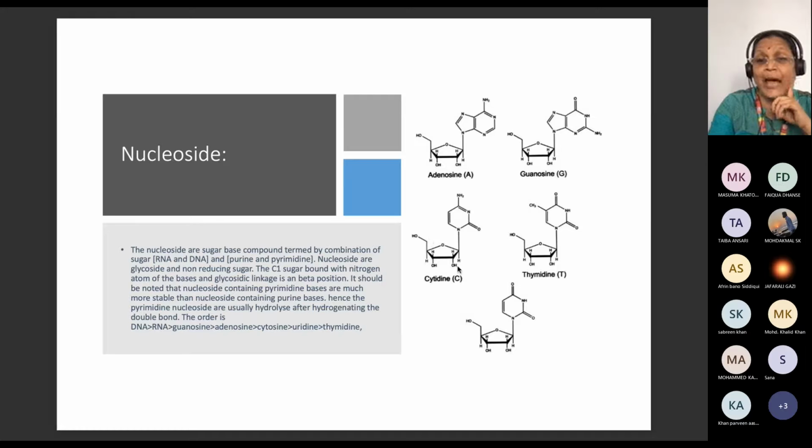Plus this sugar. Then we have thymine. This is the sugar and thymine base, right? A pyrimidine base and this sugar. So this is called thymidine, capital T. So we have this A T combination and G C combination in DNA and RNA. We are going to study that. And this is what we have, the uracil.